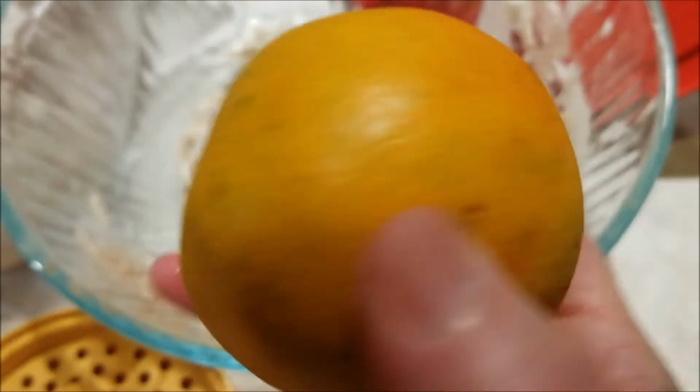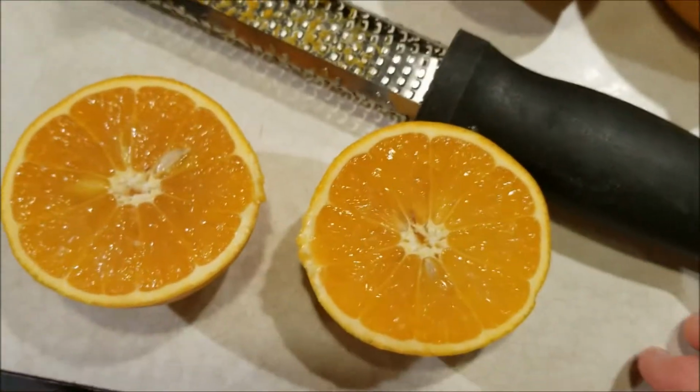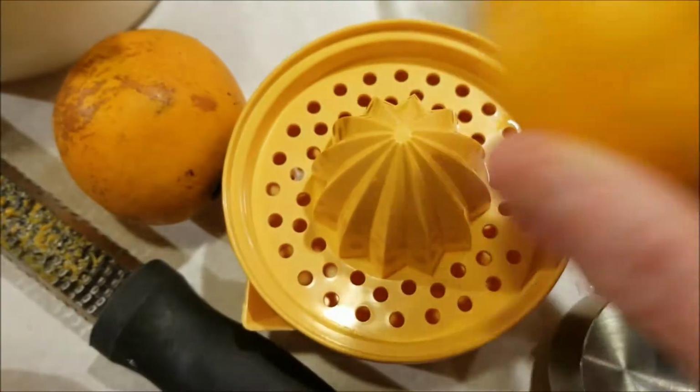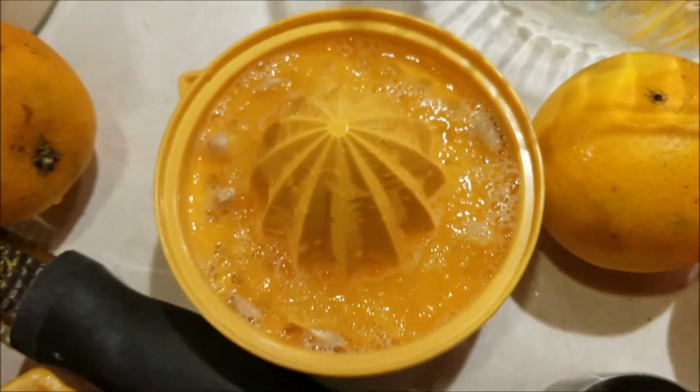Will one of these be a fourth of a cup? Let's see. This is where you don't want to use navels because navels are not juicy. There are seeds in here. That's not going to matter. We just push this upside down on here and squeeze it. And now we have a little moat of